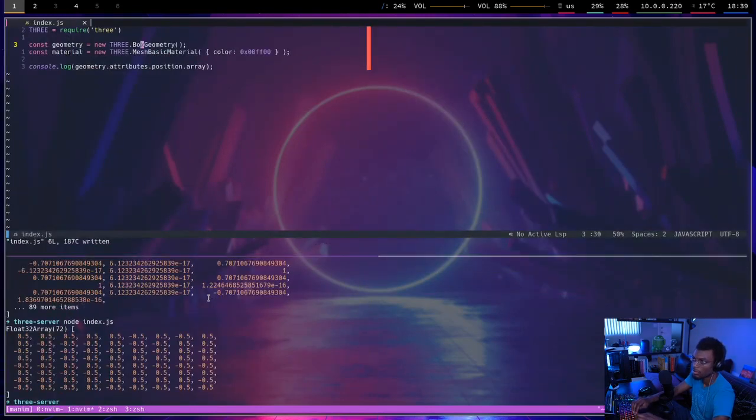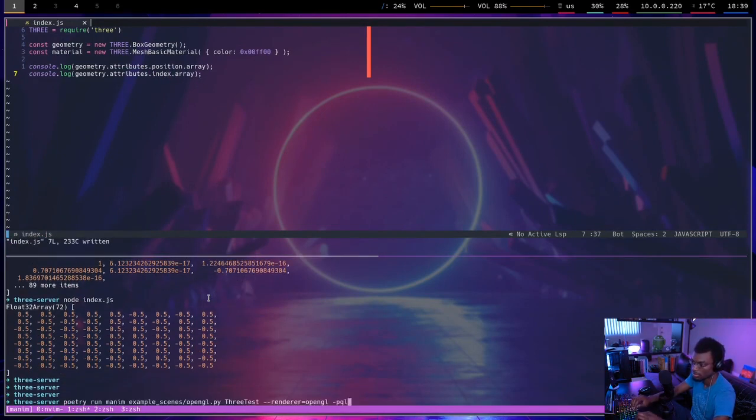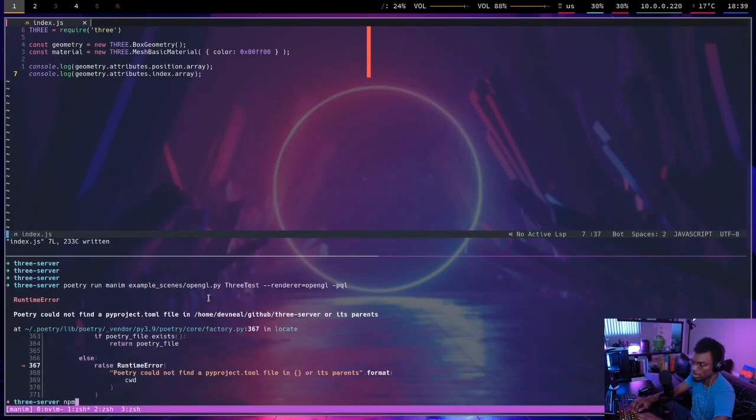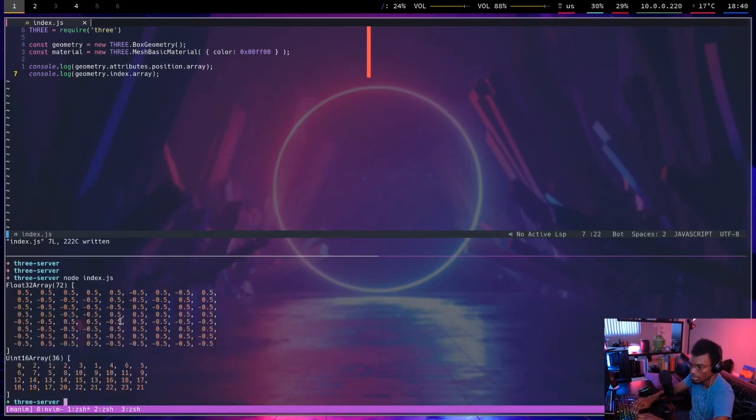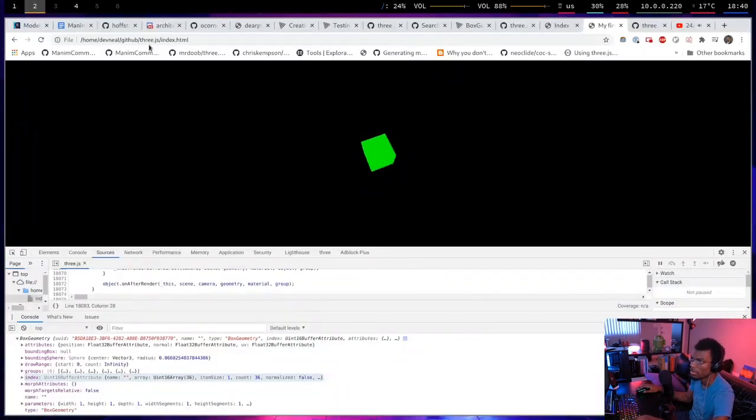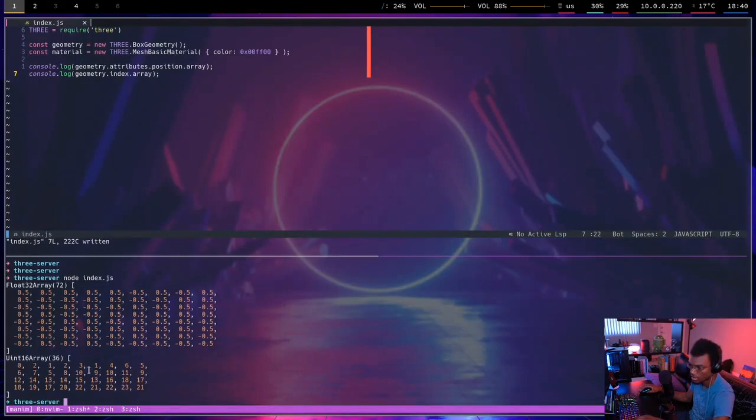So if I go to attributes position.array, then I'll print out index.array, and then I'll run this. Oh, not attributes dot. Like this. Wait, why is it printing attributes? Oh, there we go. Okay, so I know modern GL has a way to take an index array,